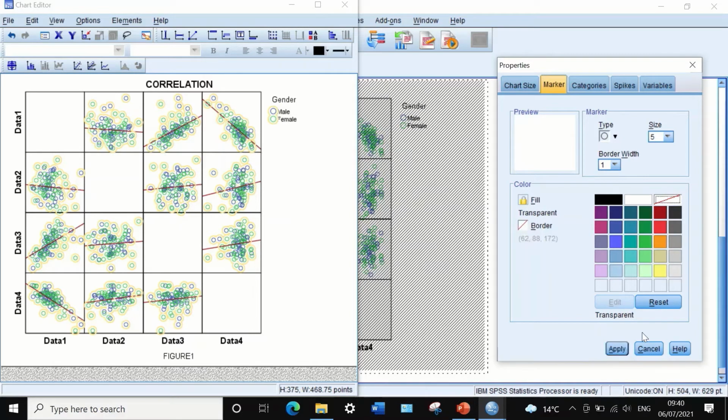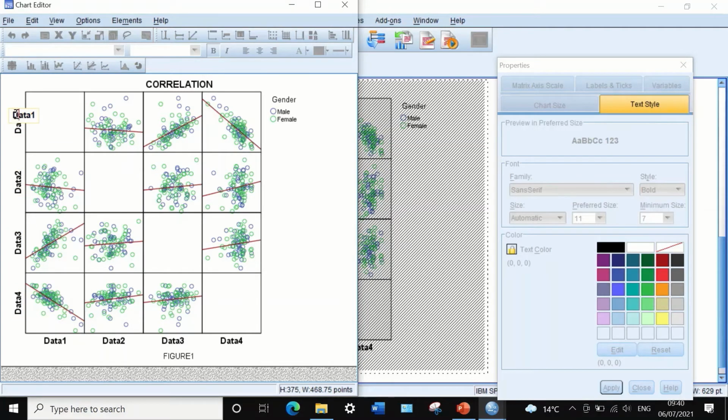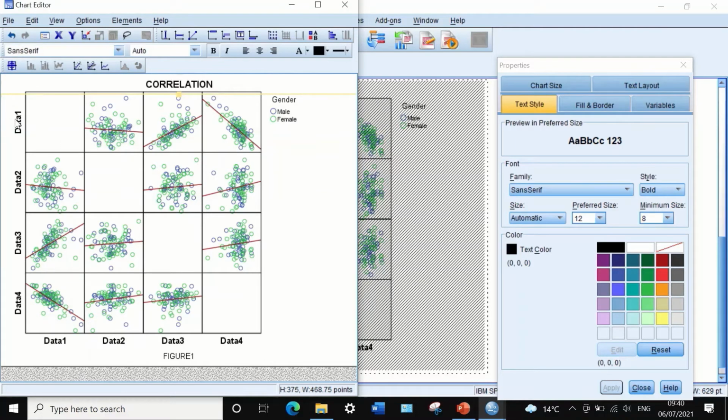What else can I also edit? I can also edit this legend or this data or this text on the left hand side. If I just single click on the first one and then another click, I can really edit that text, add to it or remove from it, whatever, change the description. Again, if I double click on this legend, I could change the color of this text, make